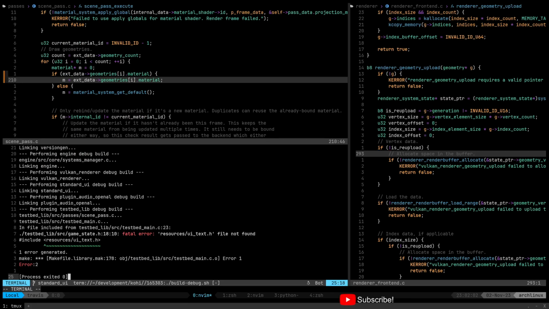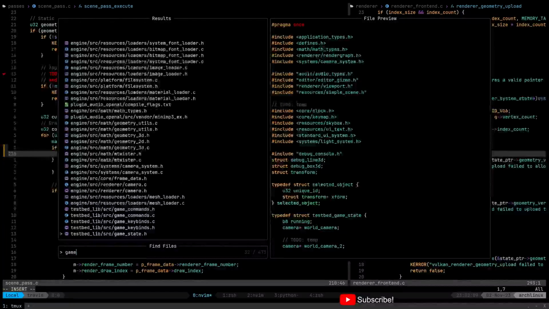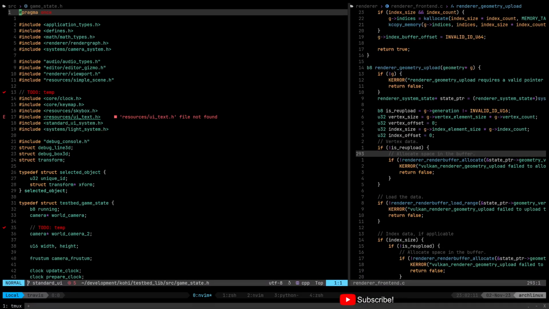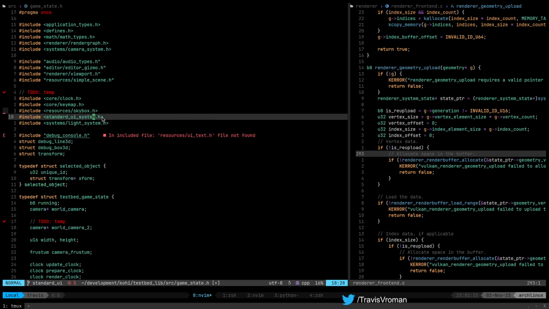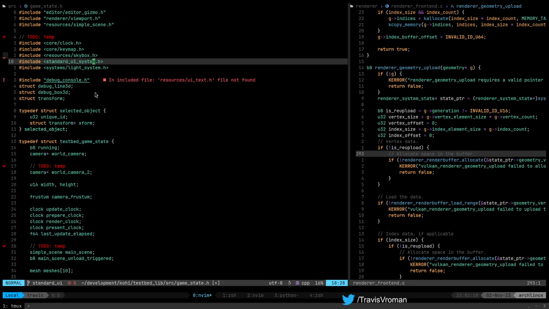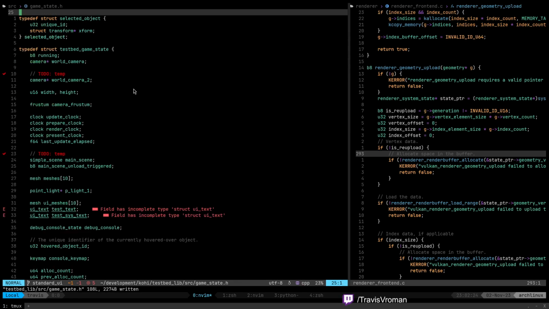All right, game state with the UI text. So we first of all don't need UI text. Oh, our debug console is going to have to be updated as well. Okay, this rabbit hole goes a little bit deeper than I thought, unfortunately.